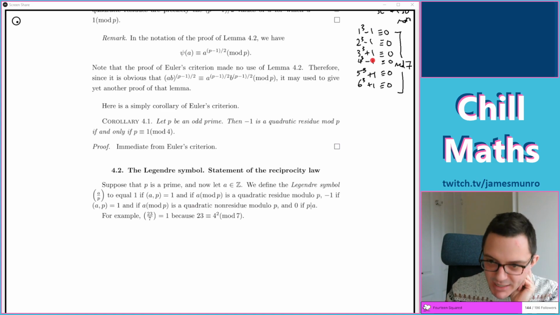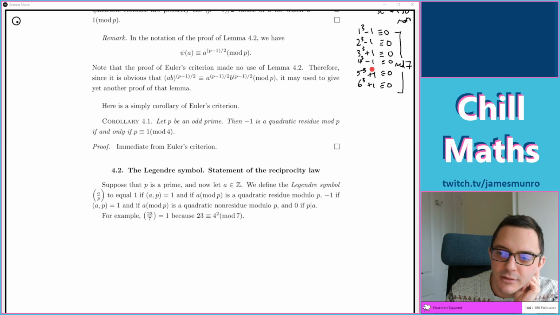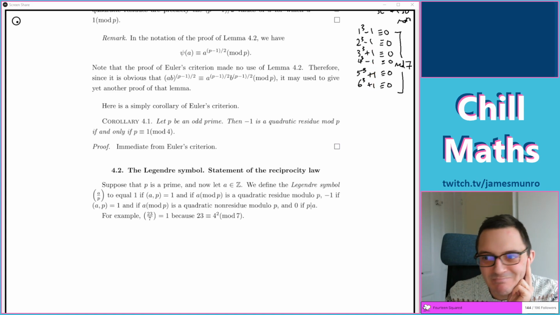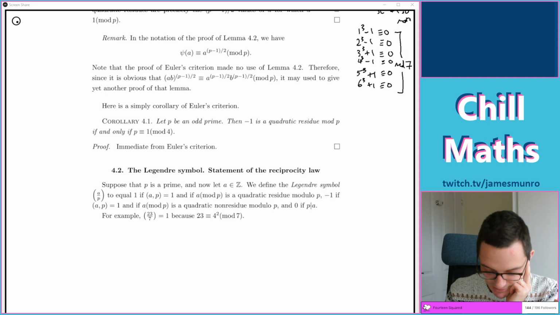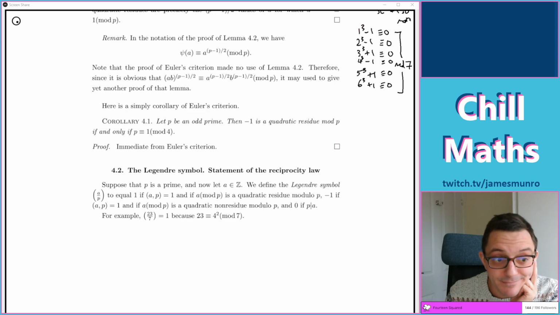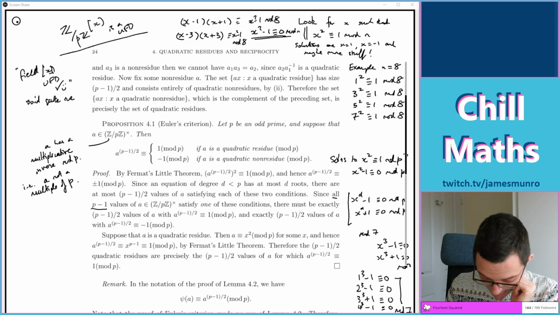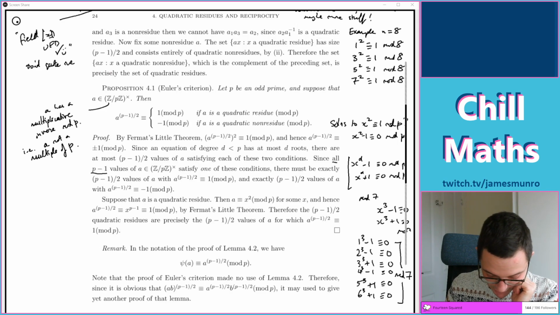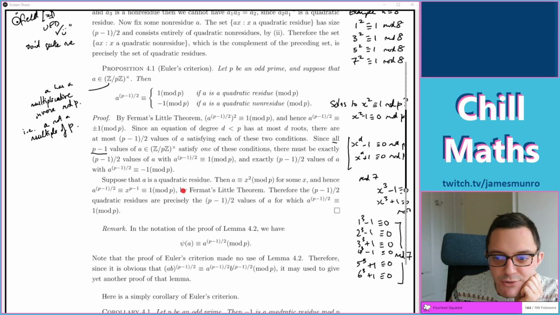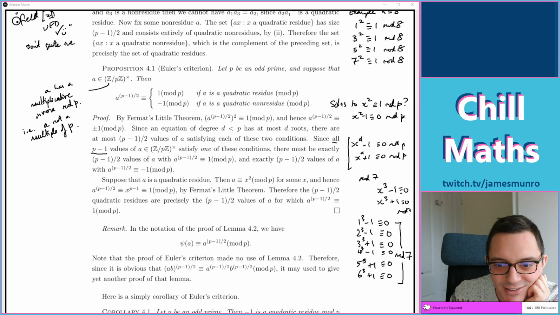There's no obvious pattern to me going on there. Minus, minus, plus, minus, plus, plus. Probably the sort of thing people study, but what's going on? Are you supposed to add 1 or subtract 1 to get to a multiple of p when you do things to the power of (p minus 1) over 2? It's 50-50. Your pattern will have just as many pluses as minuses in. Not obvious to me which ones are which. Let's hope it doesn't matter for this proof, because there's only about 3 lines left.